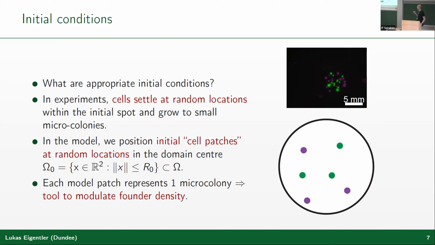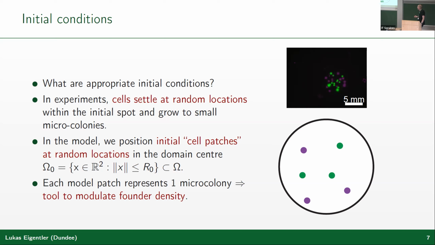And that's why you get these single microcolonies with just one color in them. And so essentially in the mathematical model, we followed a very similar approach. This is just a schematic here, but essentially we chose a smaller disk in the center of our big disk, the inoculum of the biofilm, usually placed in the center of the Petri dish, and we at random placed these